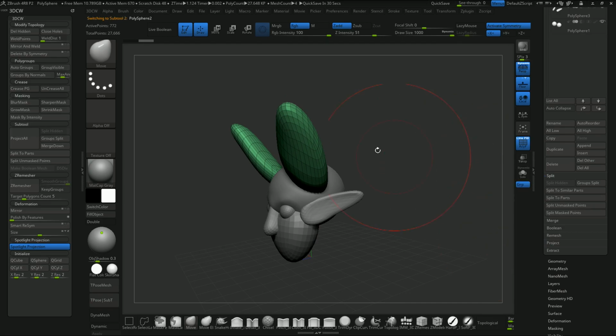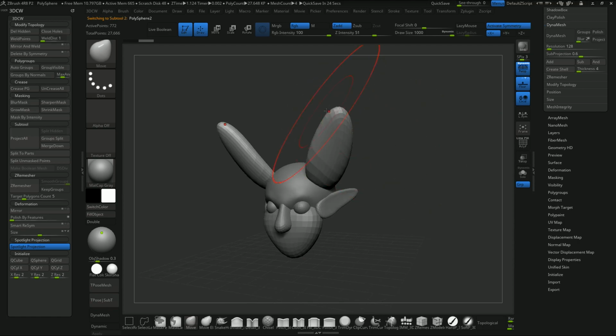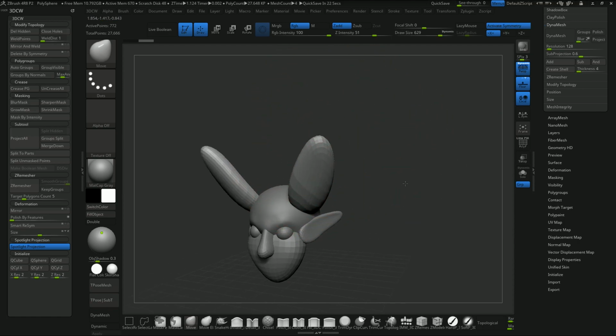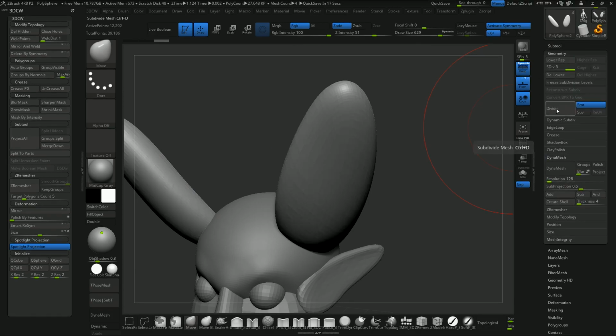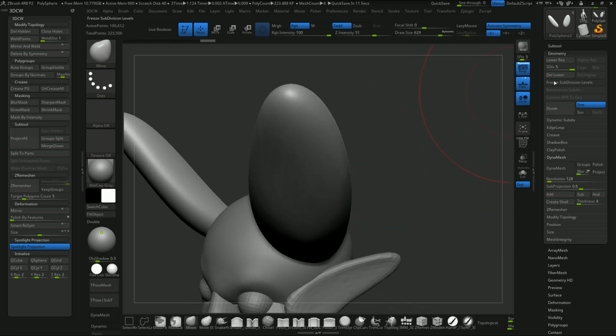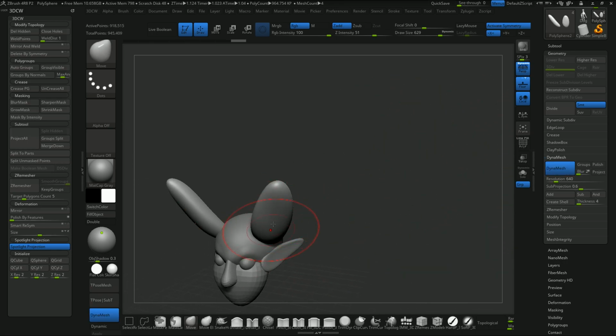With these guys, before I Dynamesh it, come into geometry. We don't want this faceting. We don't want to see the polys. It needs to be smooth. So I'm going to come into geometry and divide a couple of times until it looks nice and smooth, maybe once more, then delete the subdivisions, delete lower. Now that I've done that, I can see the geometry is pretty high res. I go into Dynamesh, I'll just increase the resolution a little and click Dynamesh. And so at this point, I've got a Dynamesh object